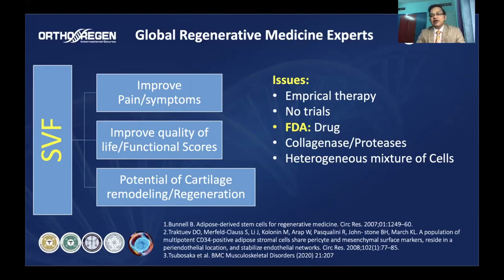Another thing is that it is a heterogeneous mixture. Basically, we need to understand that when we are talking about adipose derived products, there are three things: whether it is a culture expanded stem cell, a microfragmented adipose tissue, or a stromal vascular fraction. SVF and MAT, we may say, are a cell-based regenerative treatment, and they have stem cells, growth factors, and cytokines.